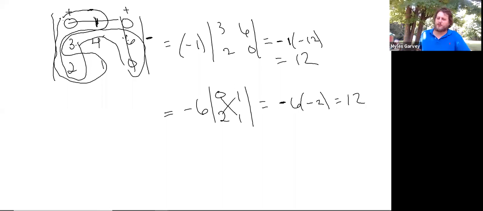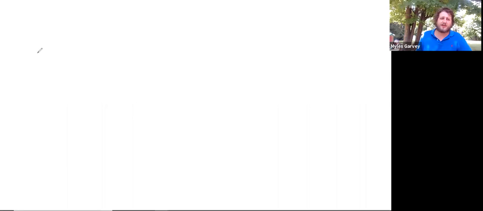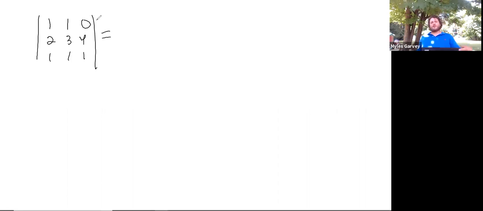What if we have matrices bigger than 2 by 2? By the way, that's not always going to be the case. Suppose we have 1, 1, 0, 2, 3, 4, 1, 1, 1. What do we do then? Well, I'm going to pick, remember, the one with the most zeros, and I'm going to use 1 because 1's a little bit easier. This is just equal to 1 times determinant of this minus 1 times determinant of,